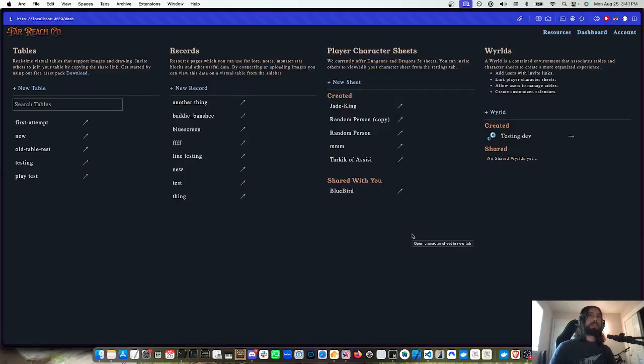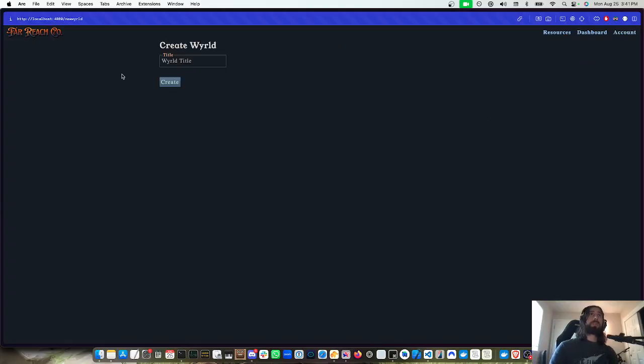Okay, so today let's talk about worlds. A world is a unique dashboard that allows you to upload images just for those tables and connect player character sheets so you can view your player's character sheets as the DM or a manager. So let's go ahead and create a new world so I can show you what this looks like and how